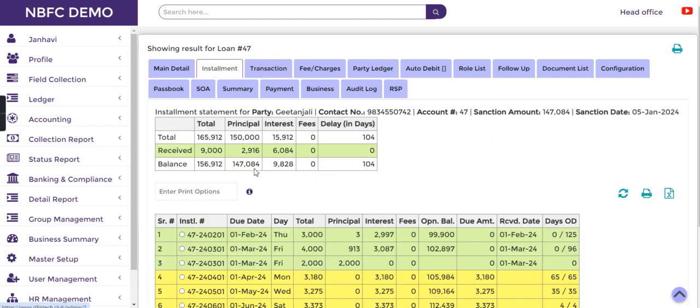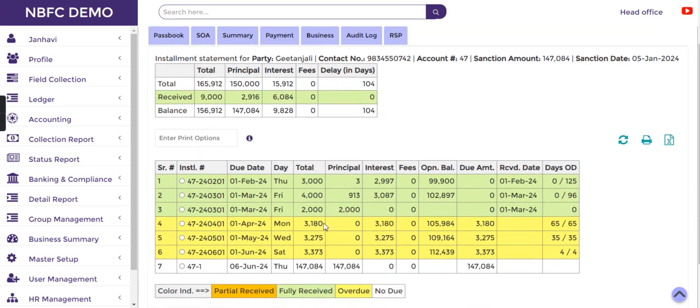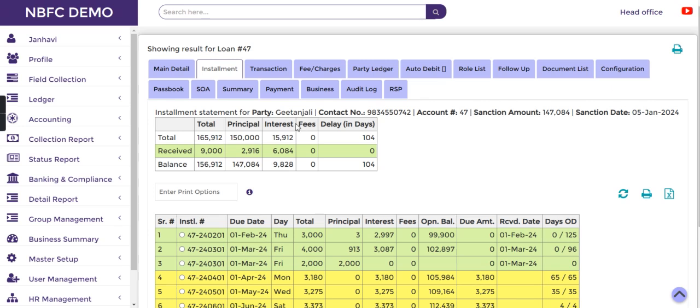And in installment tracker also, all effects will apply. So here also you can see 1,50,000 and remaining, whatever principal is already paid is adjusted. You can see here, after deduction, total 1,47,84 is principal remaining. So like this in overdraft loan you can easily top up the loan and you can easily manage loan here,